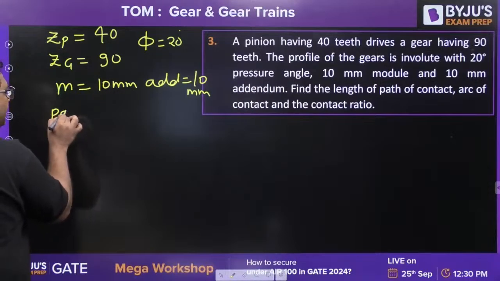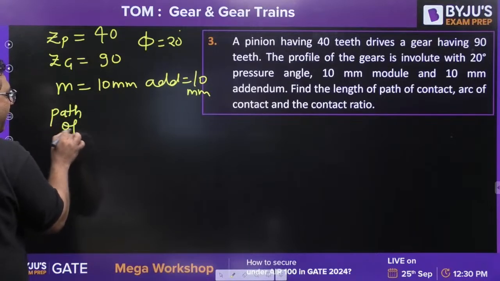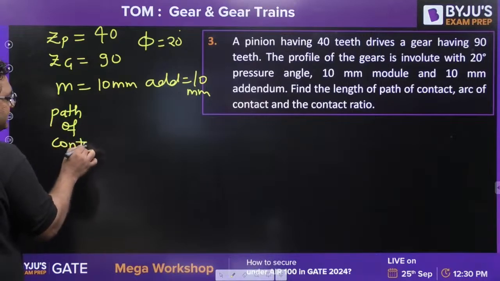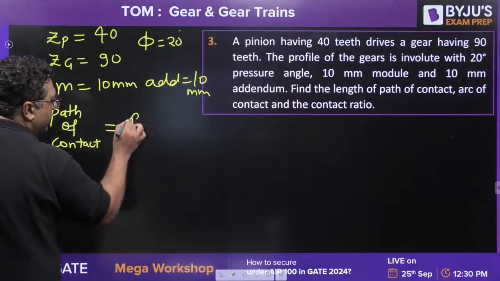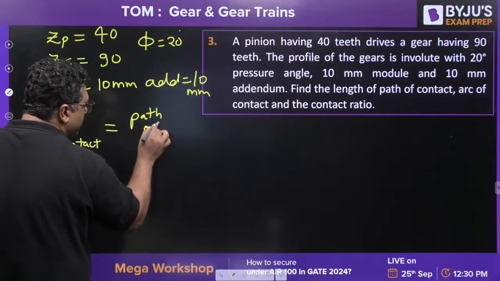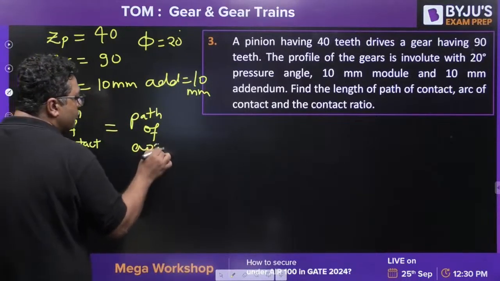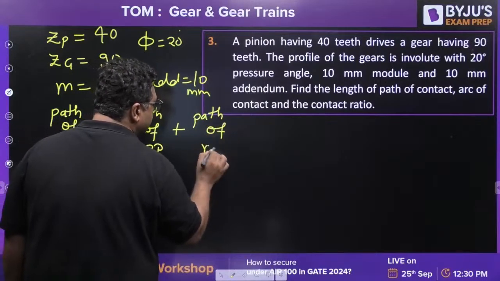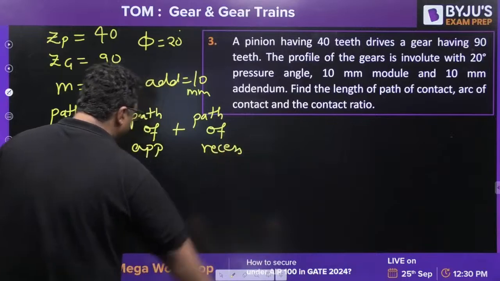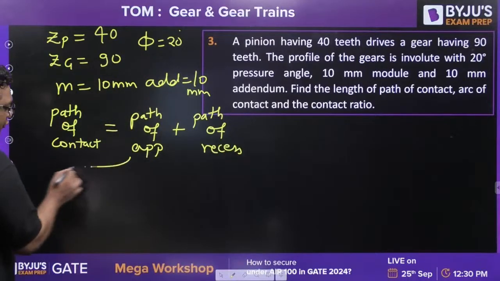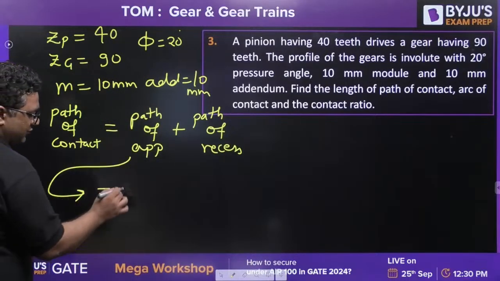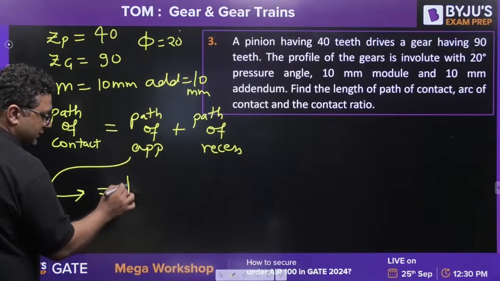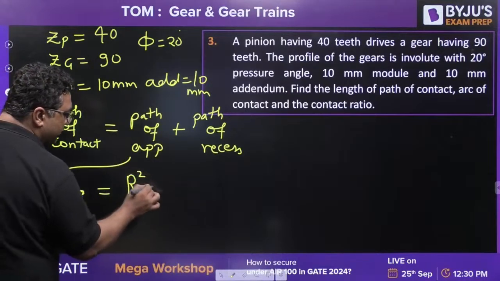So you know that path of contact is the first thing you will be calculating. It is given as path of approach plus path of recess. So when we are going for path of approach, it is given as what? You know that it is root of RA square minus